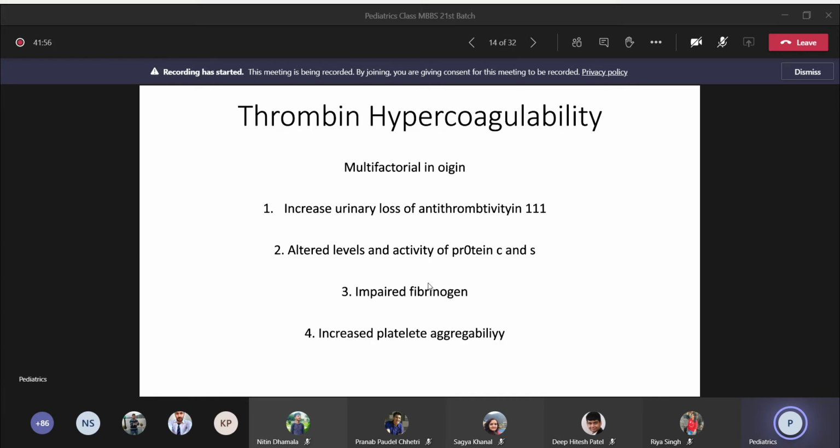Now come to the thrombin hypercoagulability. The patient with nephrotic syndrome can have complications like hypercoagulability. Why is there hypercoagulability? It might be due to increased urinary loss of antithrombin III. The second one is due to altered level and activity of protein C and S. The third one is due to impaired fibrinogen. And there are other factors also which cause